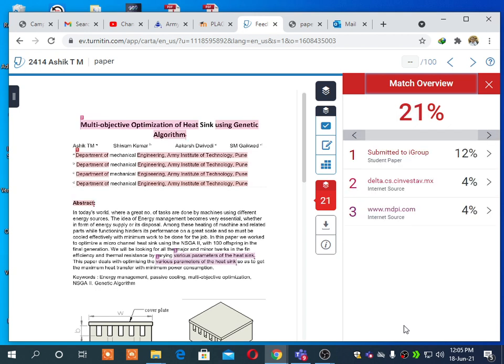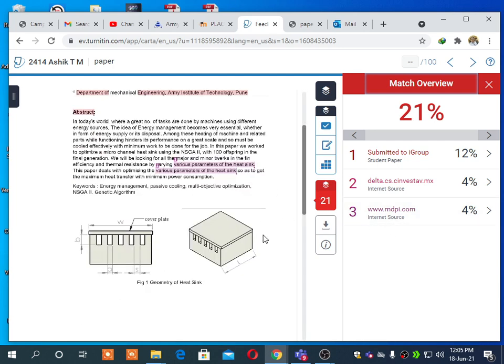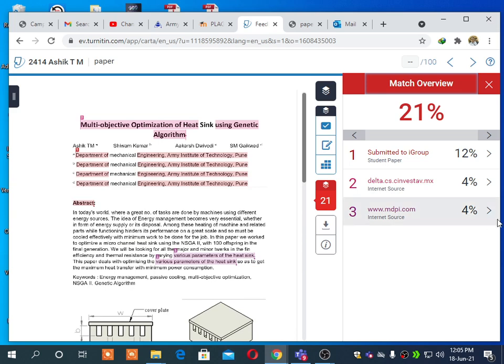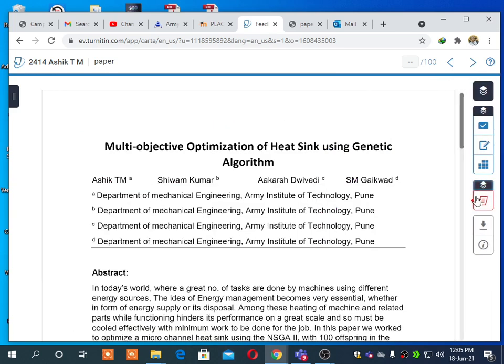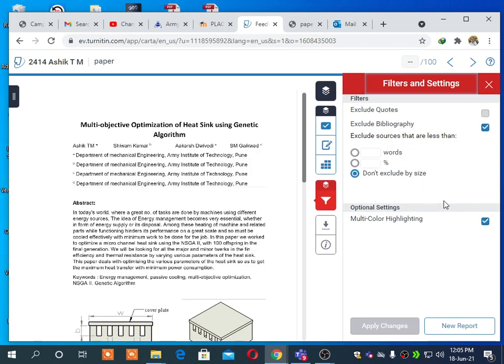because most of the time it is not required. Then another thing, just like I have mentioned, it will take Army Institute of Technology also in the report. So again go to exclude, so here filter again, include quotes, just I will check, then apply changes.